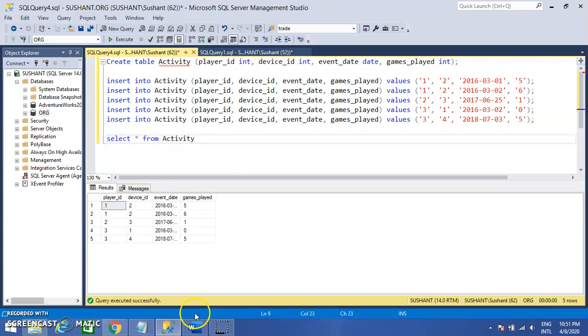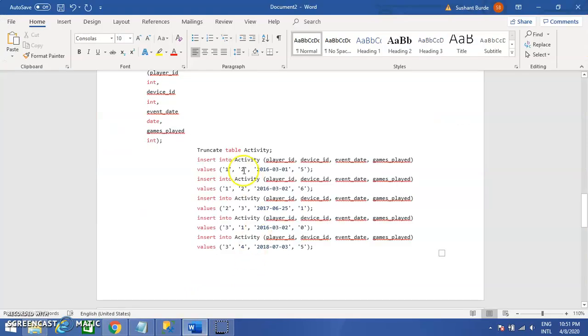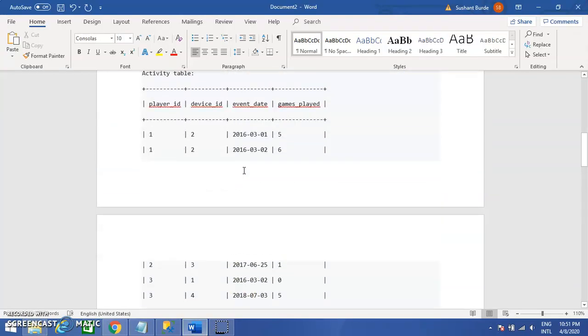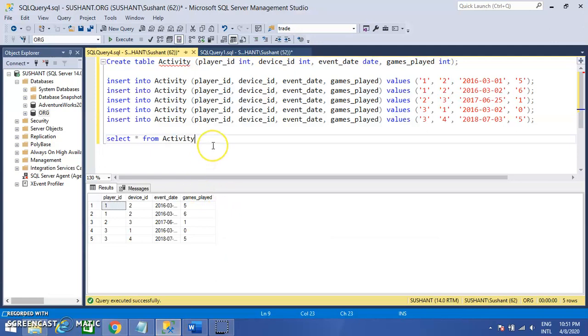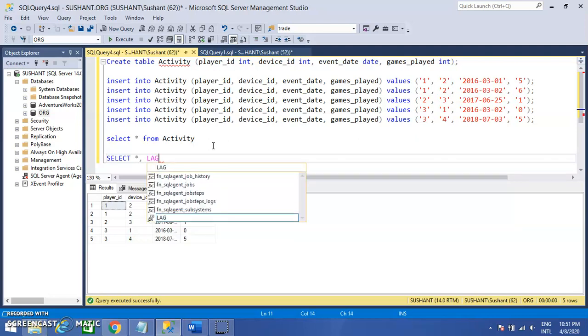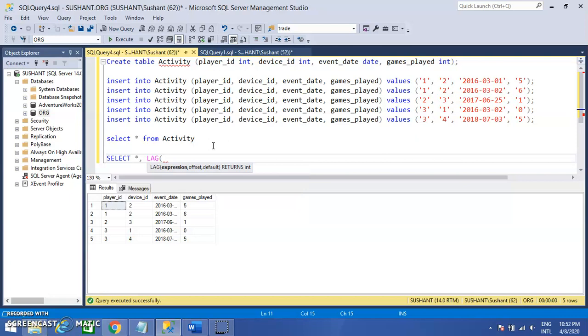Now, if you want to figure out the player ID with the consecutive number of days, that means we need a day where the difference between the two dates should be equal to 1. So that means we can use a lag function. Use the lag function here on the event date by 1,